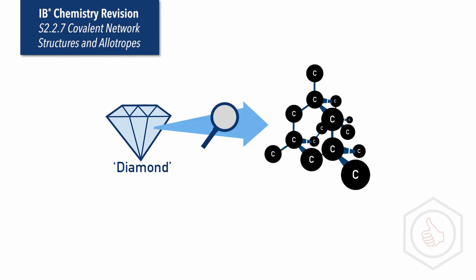In diamond, each carbon atom bonds to 4 others in a 3D tetrahedral lattice, with no maximum size. Carbon atoms can keep bonding to more carbon atoms in a repeating tetrahedral pattern. As a result, diamond has a very high melting point of over 3,500 degrees Celsius. This is because to melt diamond, you need to break lots of strong covalent bonds, which requires large amounts of